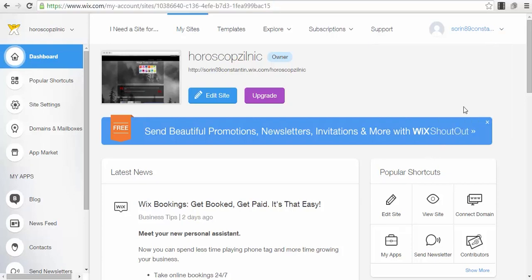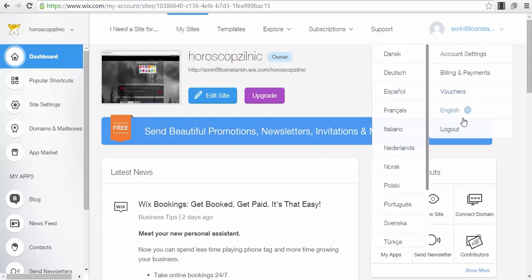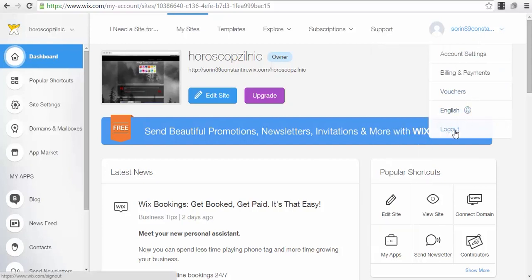Okay, if I log out of my account and enter Wix.com, I will have the option to either create an account or sign in. And if I press the sign in button, I will also have the option to sign in with my Facebook account. So it's not even that complicated. If you are already logged into Facebook, you enter Wix.com, press the sign in button, and you will have the option to sign in with Facebook. You sign in, and this is the dashboard that you will see